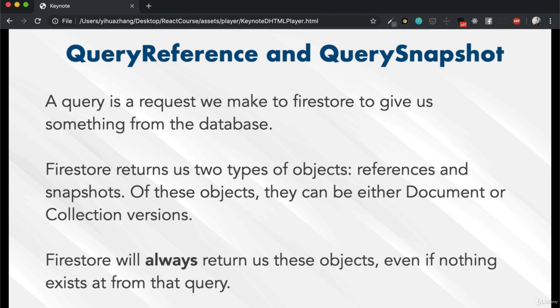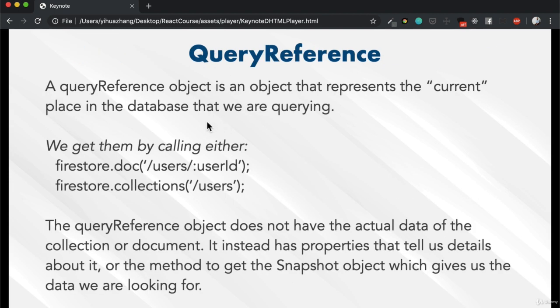That act of asking is what a query is. And what we'll get back when we query is a query reference. It can either come in the format of a document or a collection, if we're querying for a document or collection, respectively. But Firestore will always return us these objects, whether it be the reference or the snapshot, which we'll talk about later. Firestore will give us the object because using the object, we can determine whether or not there's any data there. Now, the reference is simply an object that represents that current place in the database that